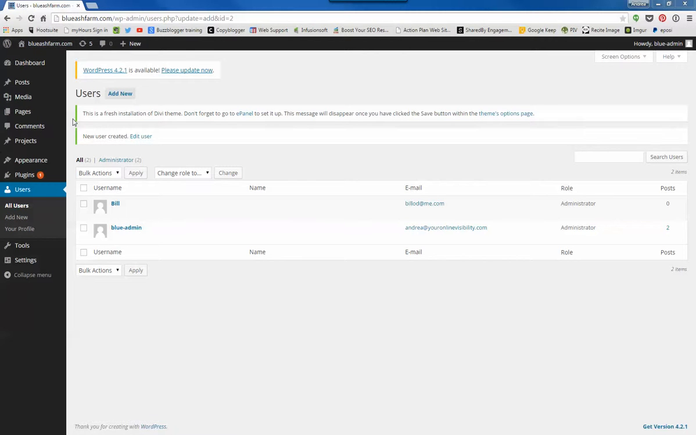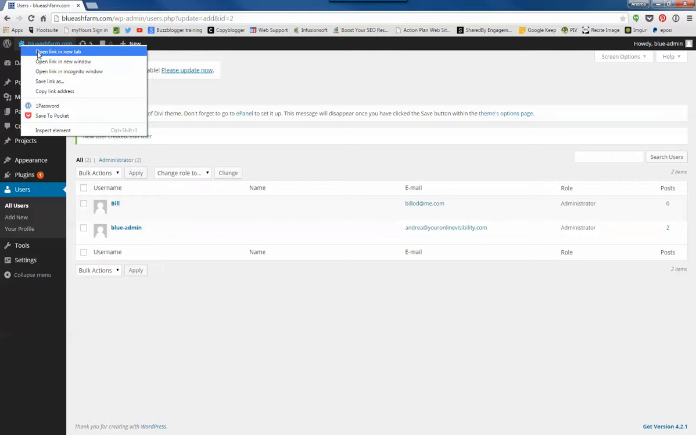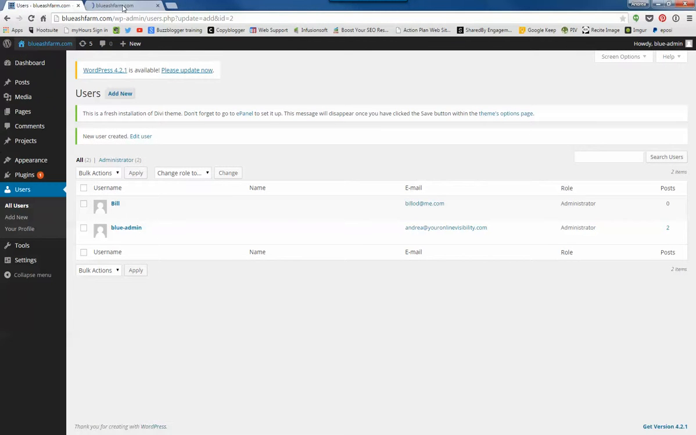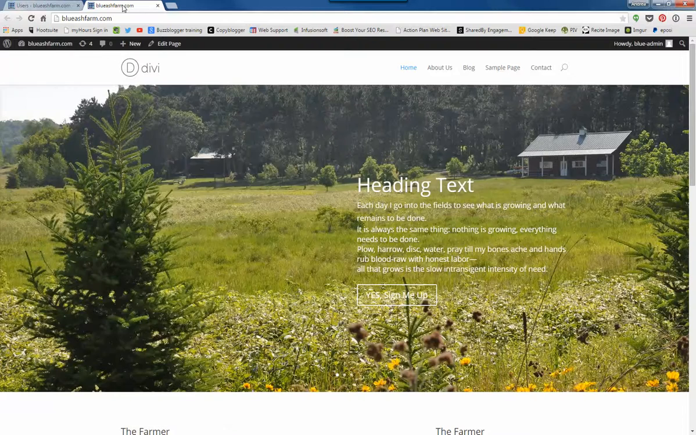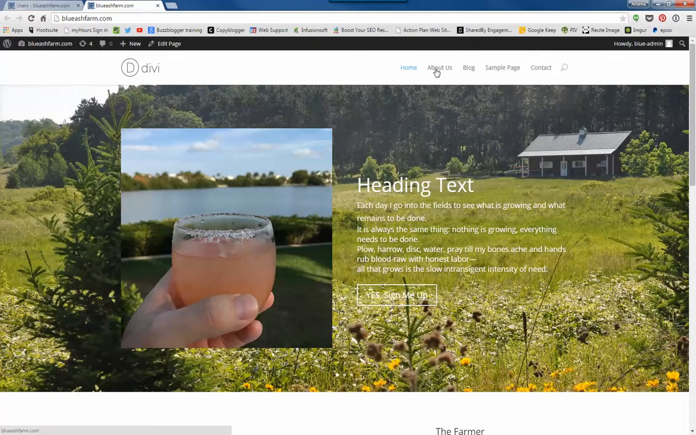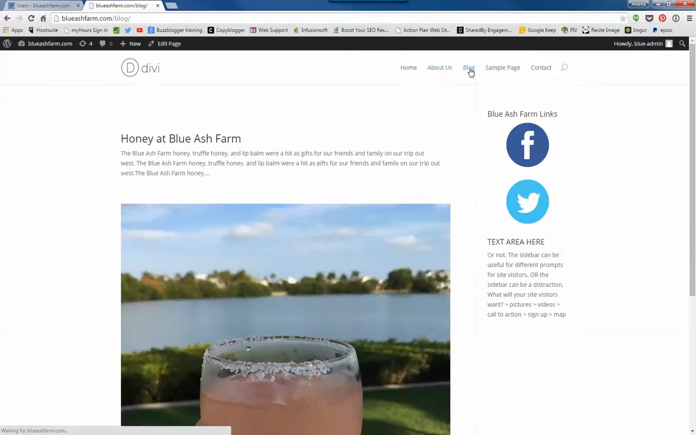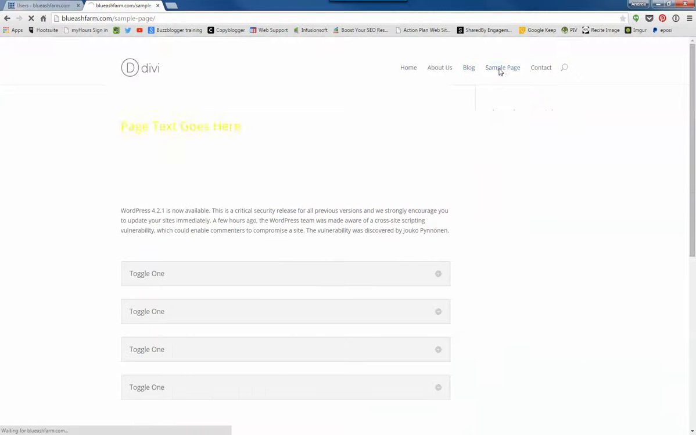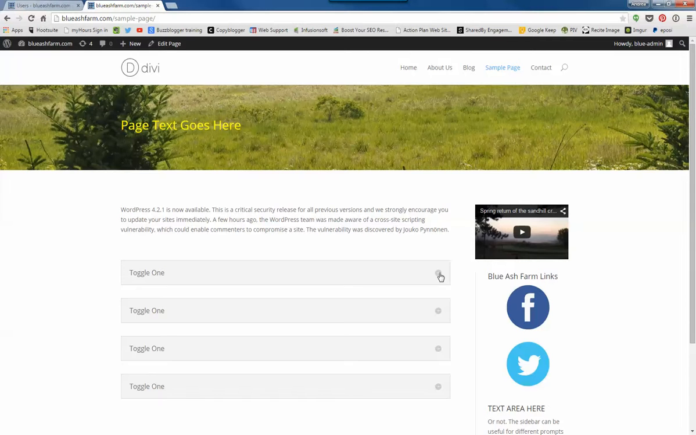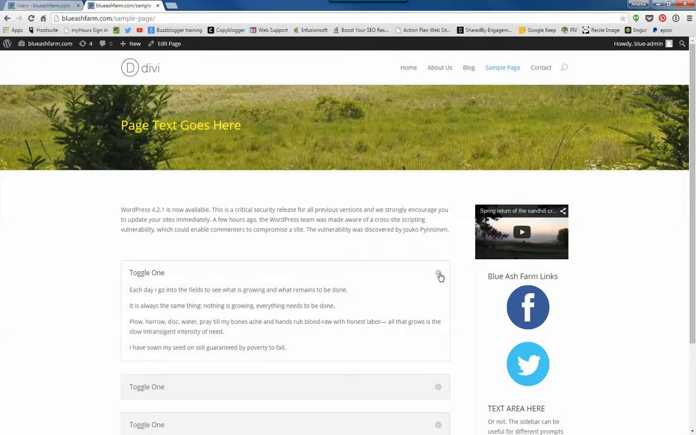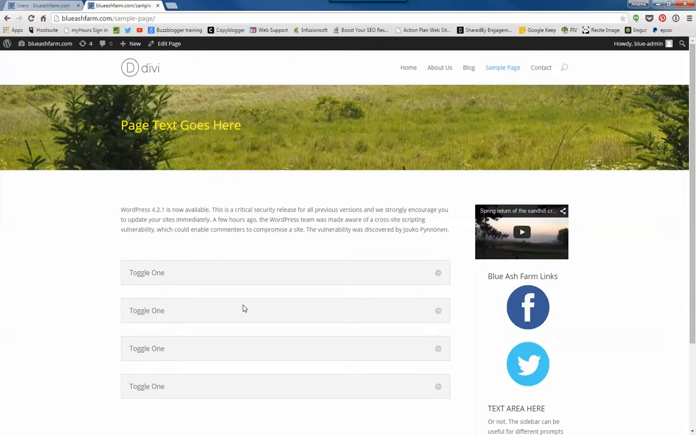And when you go and log in here, go up here to the house icon and right click, open a link in a new tab. That way you can look at the website that you're editing. So here we've got home, about, blog, sample page. I put in these toggles, which is kind of used for FAQs. Obviously you're not going to call it toggle 1. It'd be, you know, ask us about our honey, ask us about our chickens, things like that. Or maybe later on this would be for